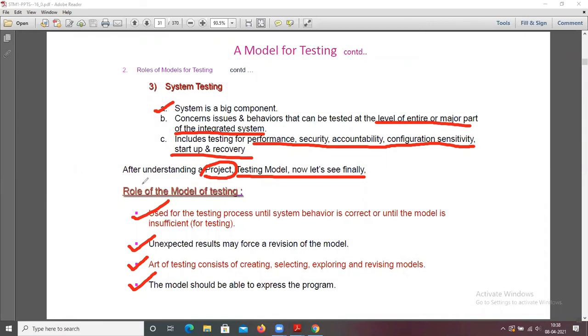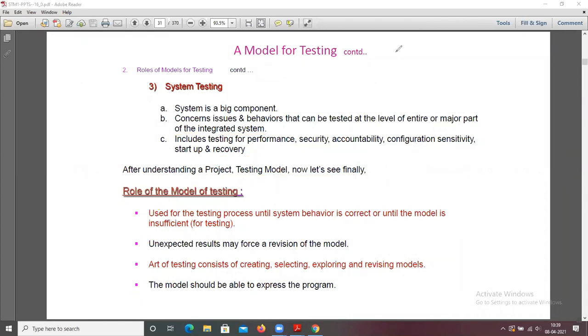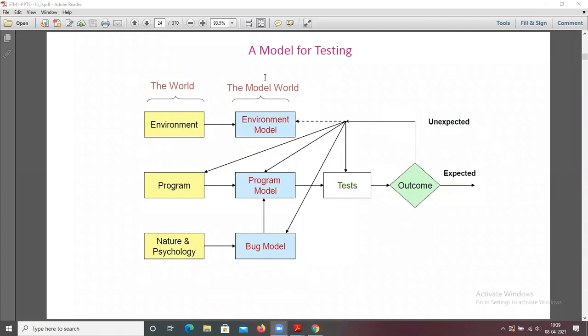I hope from the diagram you all understand that. So this is the program, and you are going to test this program. If it gives the expected result, then there is no problem and everything is okay. If you get any unexpected result, then again you are going to modify the program. I hope you all understand this, the model for testing.